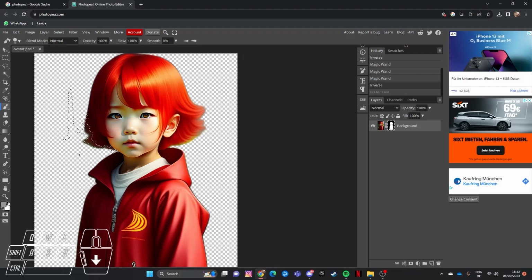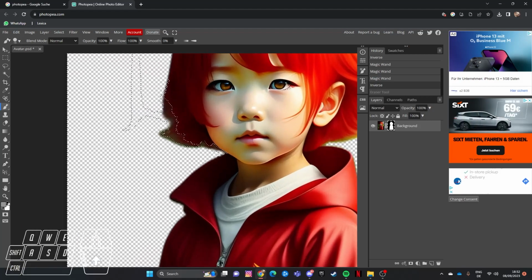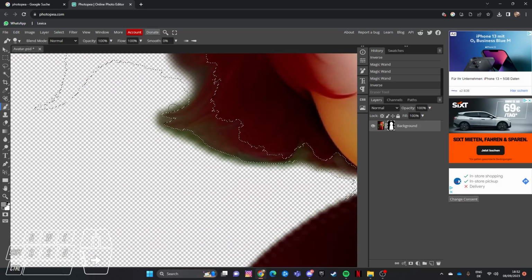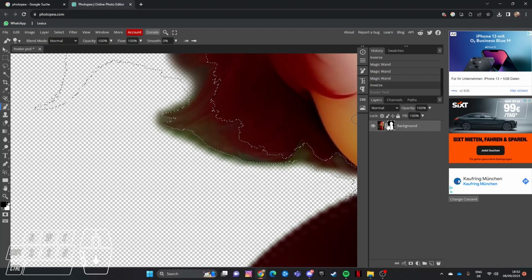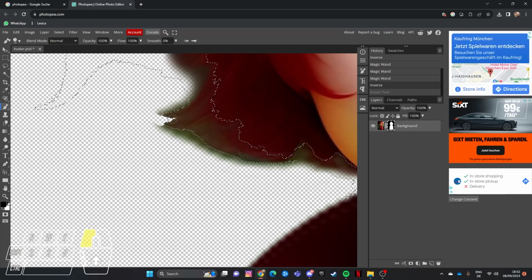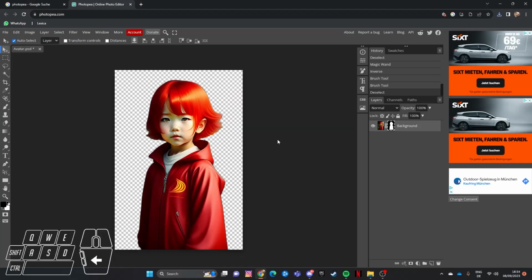So let's take the brush, and we're gonna be changing the color to black, because if you look on the layers, that is the color of the actual mask. And then we're just simply gonna paint over it, and you'll see the contour be removed precisely to the selection that we have made. Now, once everything is done, the next step is adding a new layer.